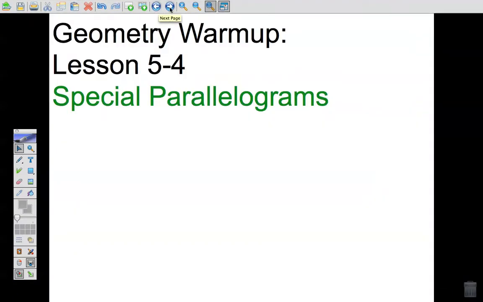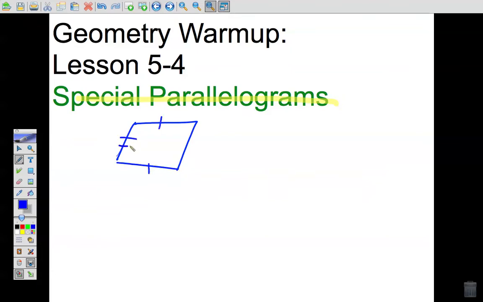Okay, this is an introduction to Lesson 5.4, and the topic of Lesson 5.4 is called special parallelograms. And about the last week, we've been talking about parallelograms, and let's just make sure we understand the characteristics of a parallelogram. If you have a parallelogram, remember the opposite sides are equal,